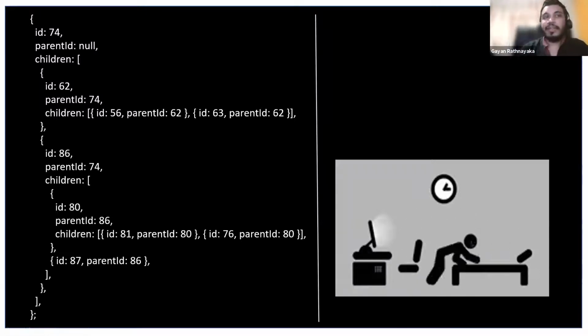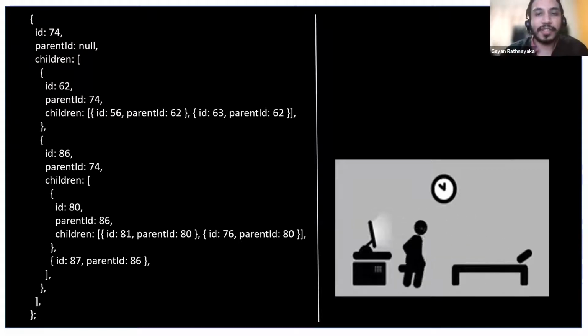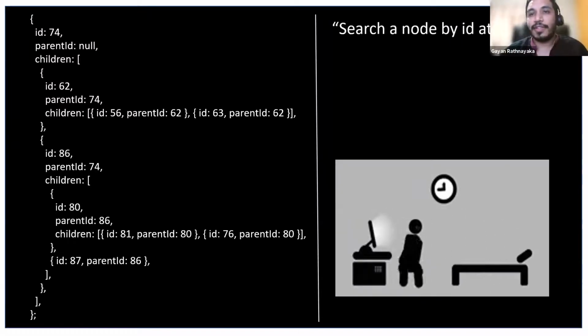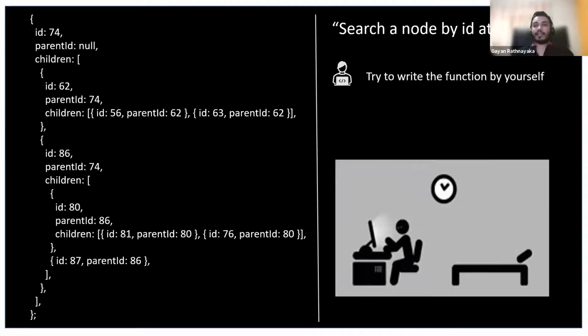I think a typical developer, when they have to write a function like this, search a node by the ID attribute, right? You will try to write the function by yourself, or else you will Google it. So assume that you try to write the function by yourself. Here we might have developers who would prefer this method.